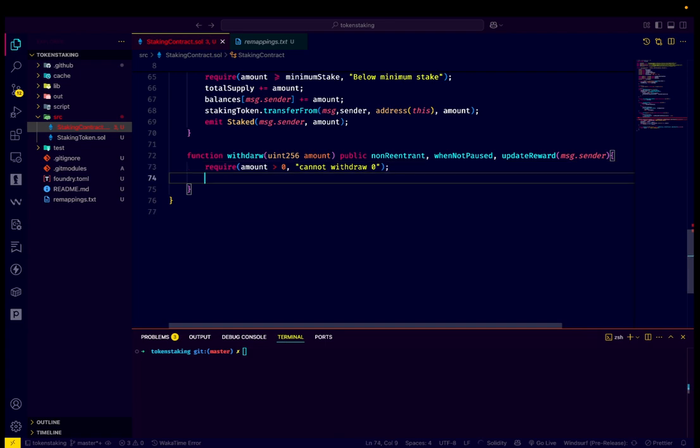And now go ahead and create another require statement. The balances of the message.sender is equal to or greater than the amount, otherwise it will throw an error: insufficient balance, right. Now let's set total supply,